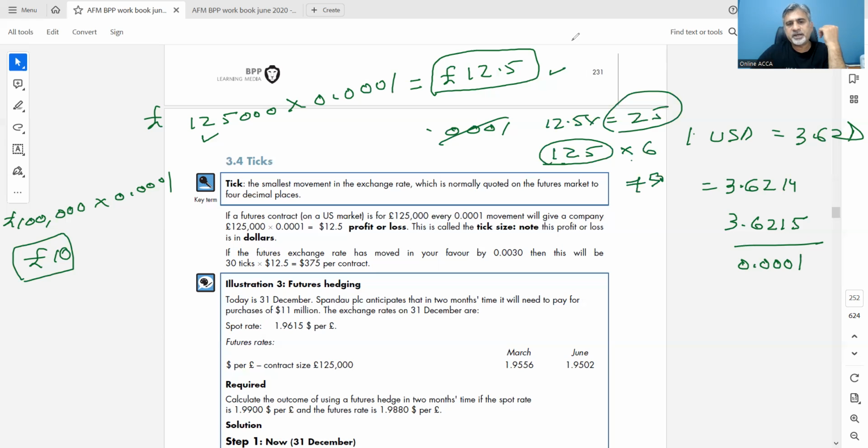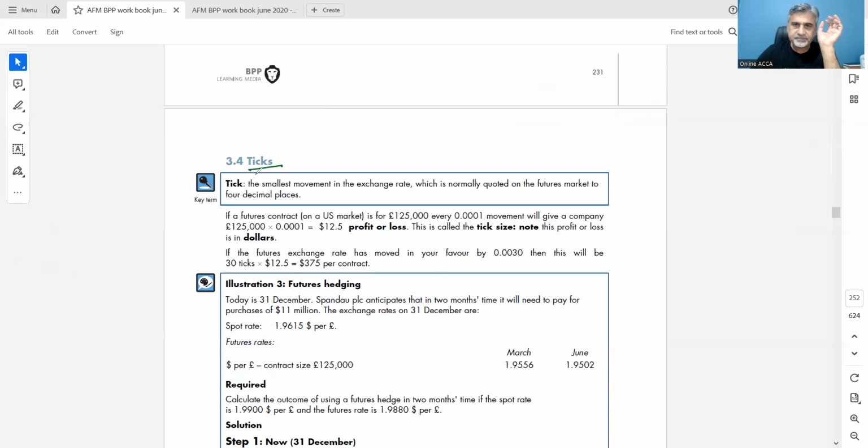So now you should understand that tick is the movement in the contract value. The smallest movement is 0.0001. You have to multiply it with the contract size, and then you have to multiply it with the total number of contracts you have